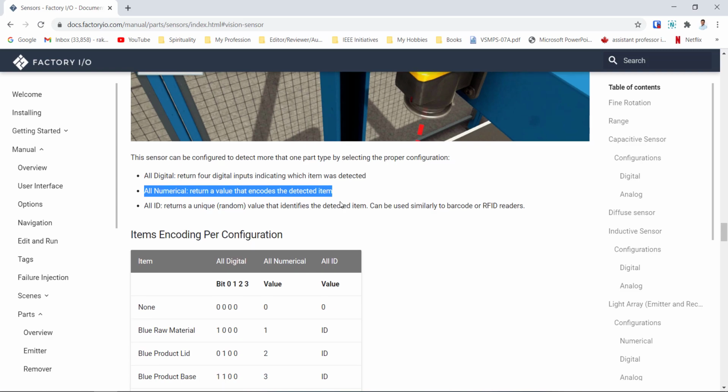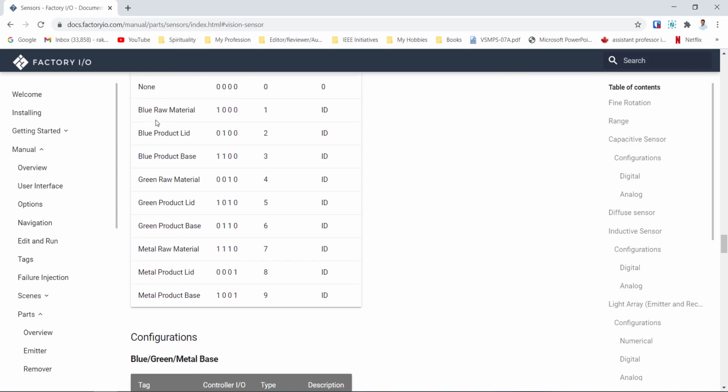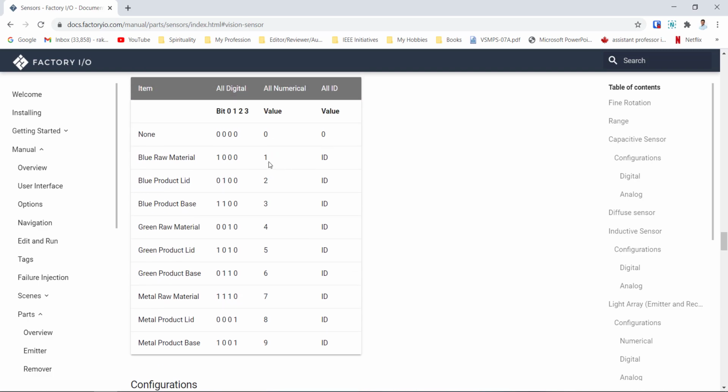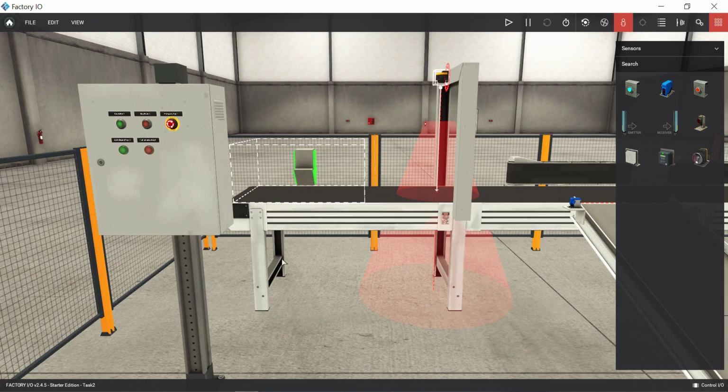We are going to use blue raw material and green raw material. The numerical value for blue is 1, and for green is 4. Let's remember this and go back to Factory IO.